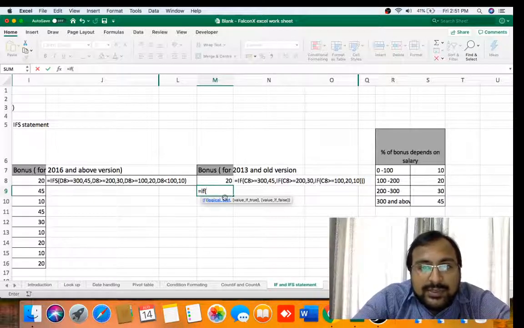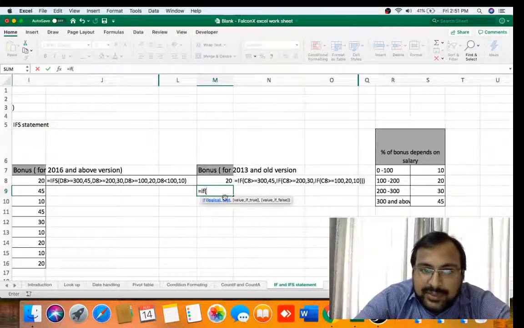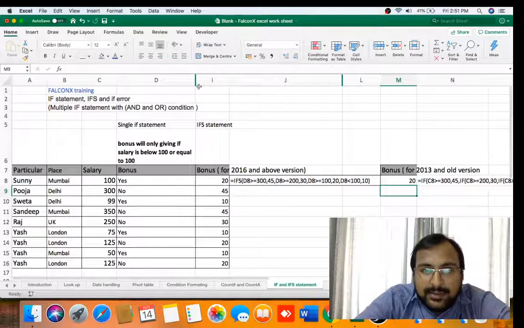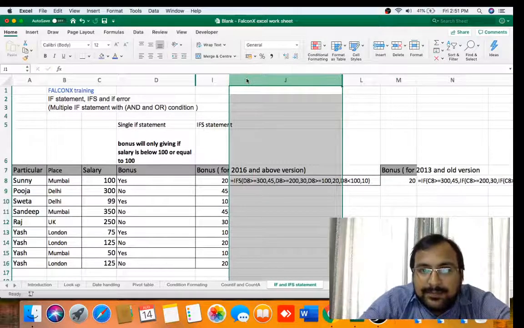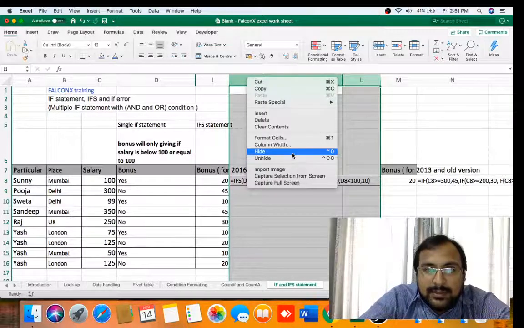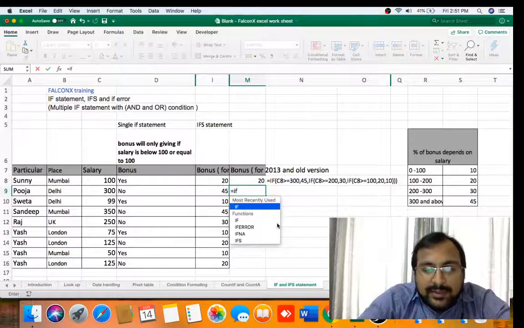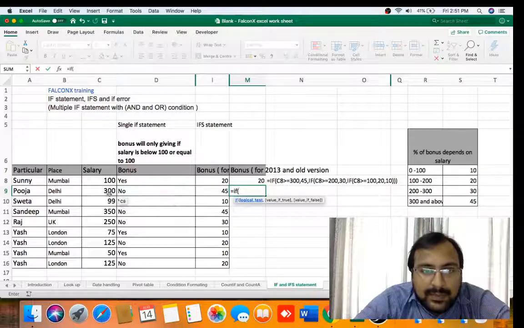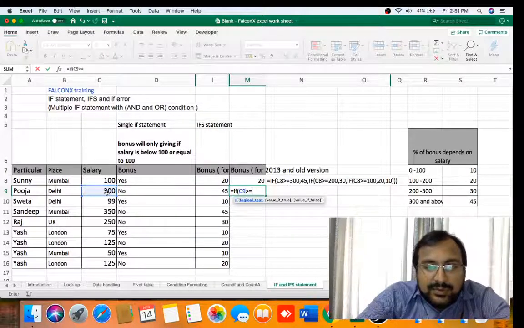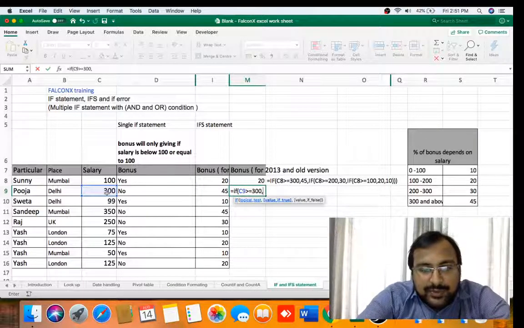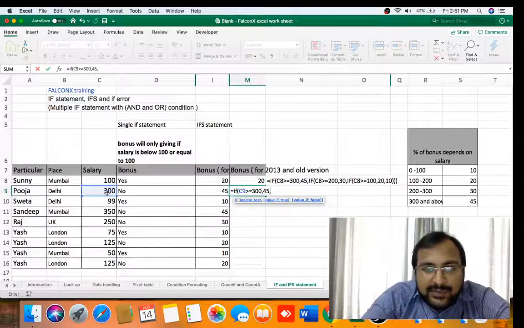We will use multiple if statements here. The first if statement: this equal to or greater than 300. If it's true, we should get 45. If it's false, we will again start an if statement.